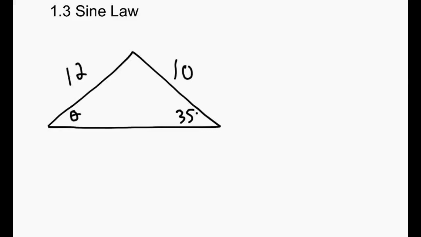Okay, today we're going to look at the sine law. This is trigonometry that you haven't seen before, and there's sine law and cosine law that we're going to use in this unit, and they're both used for triangles that don't have a 90-degree angle. So all of the SOHCAHTOA stuff we did only works for a 90-degree angle triangle. So what we're going to do is figure out how can we solve these triangles when they're not a 90-degree